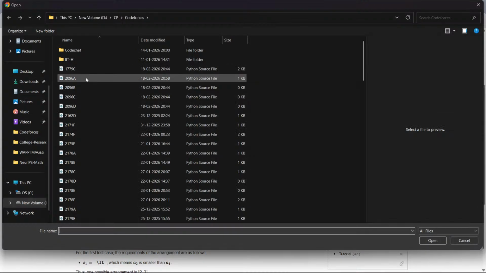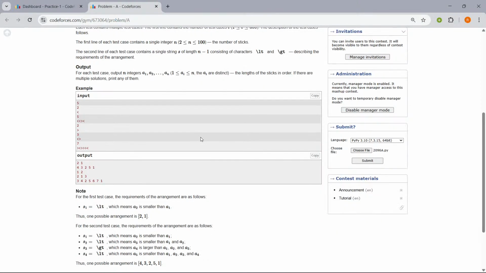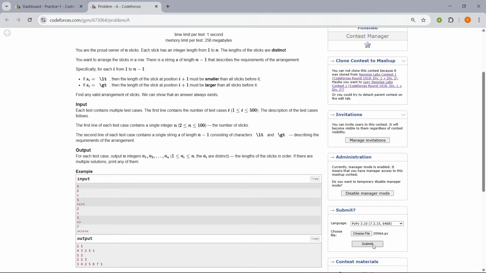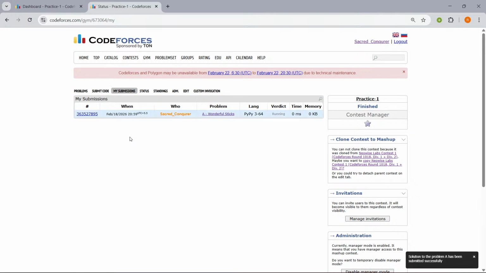2096A. It should be accepted. Refresh it. Yep, it's accepted. So what about the approach I used here?